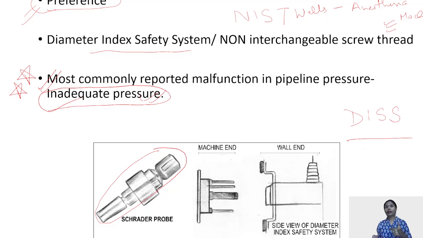But in case your cylinder pressures are more, then maybe your cylinder gets used and you don't even realize that your cylinders, which were your backups, your reserves, are actually empty. And if by any chance the central supply, the pipeline oxygen, goes, you have no cylinder because the cylinder has been utilized and you have not taken care of it. So by preference, pipelines are used in the anesthesia machine if connected over your type E cylinders.